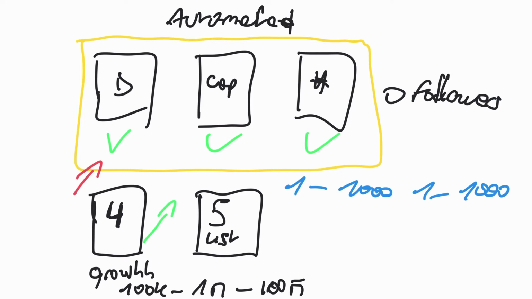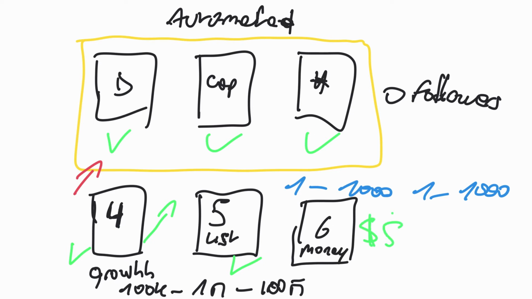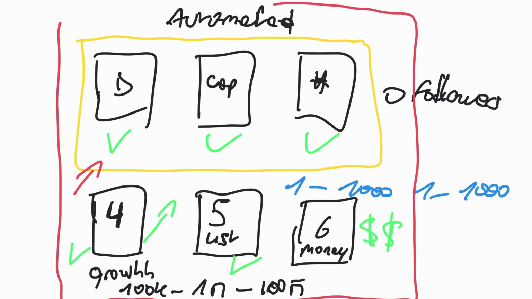Back to our diagram here, element number 5, checked, growth checked, okay? So now actually monetize, okay? And monetization is step number 6, money, all right? How do you make money, all right? And this is what we're gonna, I looked at this whole thing here, and I said, these are the 6 things that I need to do.